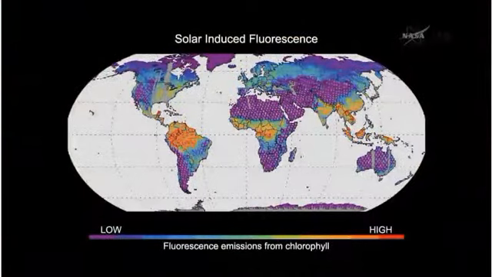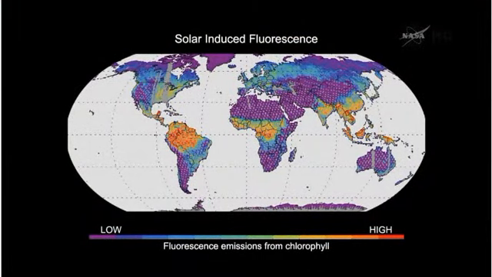And a couple of folks, one of our team members, Christian, and then Joanna out at Goddard, realized that we have wavelengths that see that light. So they've developed a technique, and this is showing a map of what we expect to see from OCO-2, of basically a measurement of light that leaves are giving off when they photosynthesize. So this is important because it gives you another little lever, another way to look at what plants are doing and what they're doing in the carbon cycle. So if you wanted to just look at that, you might design things a little bit differently, but we'll actually have a pretty useful piece of information out of here.